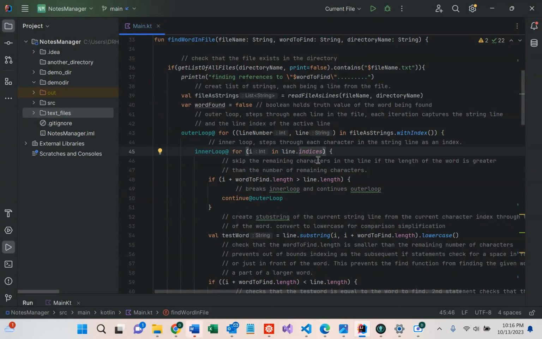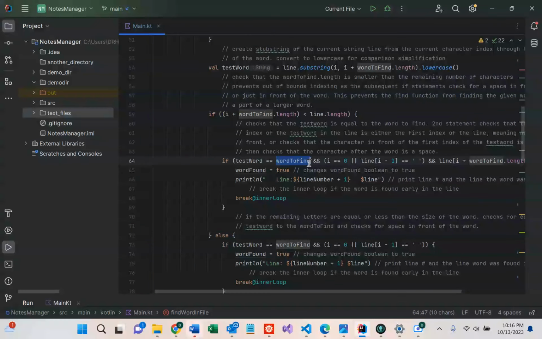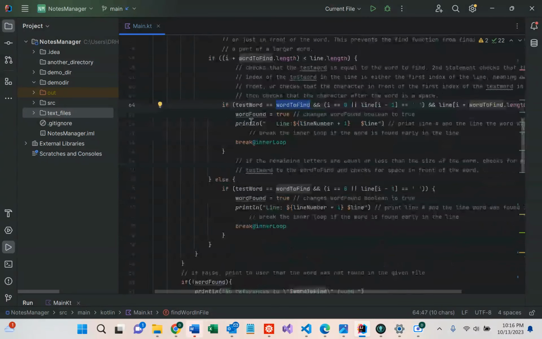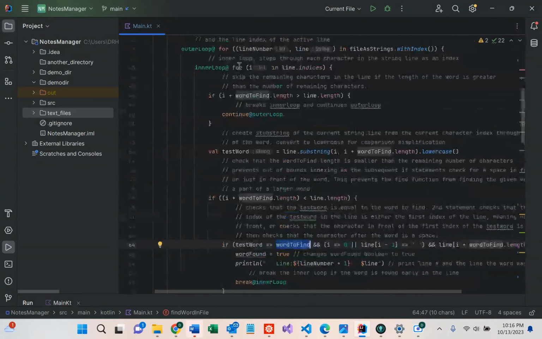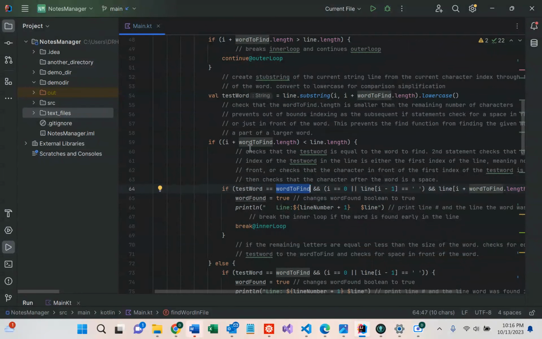So what it's going to do is, for index 0, if index 0 is an A, and let's say the letters after it are B and a C, if I'm looking for ABC, it's going to make a substring of those three letters, and then it's going to come down here and check to see if ABC is equal to the word. Obviously, if it isn't, then it won't execute any of this, and it will go past this and start this inner loop over again. If it is equal to it, after I've done a check here,